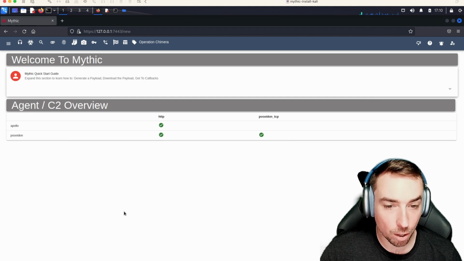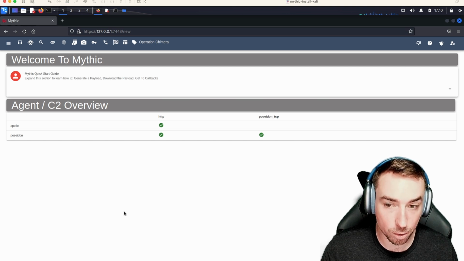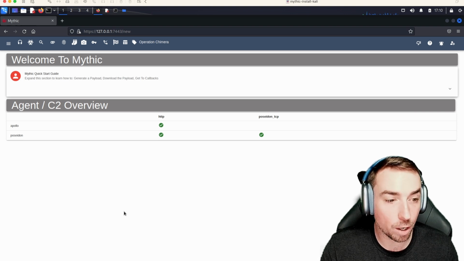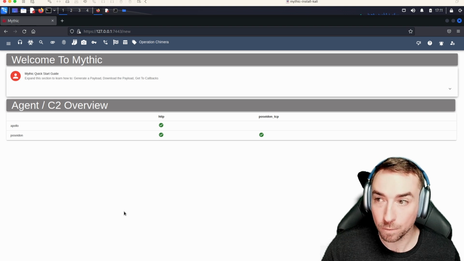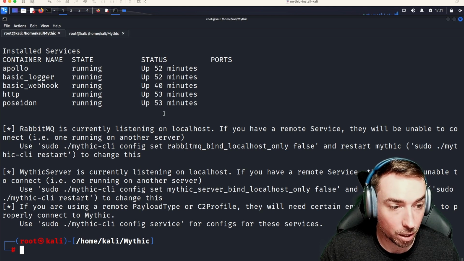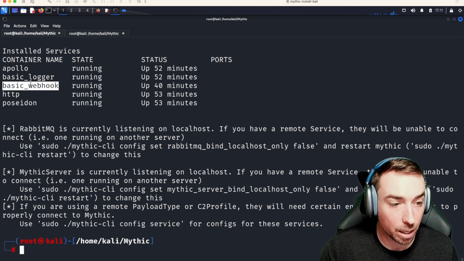Now, in Mythic 3.0, both logging functionality and webhook functionality were split out from the main Mythic core server. This means that they are now both available in separate Docker containers with more customization available for you. So if we want to look at this, Mythic provides two example containers for you. There are the basic logger and basic webhook containers, which do, as you might expect, basic logging and basic webhooks